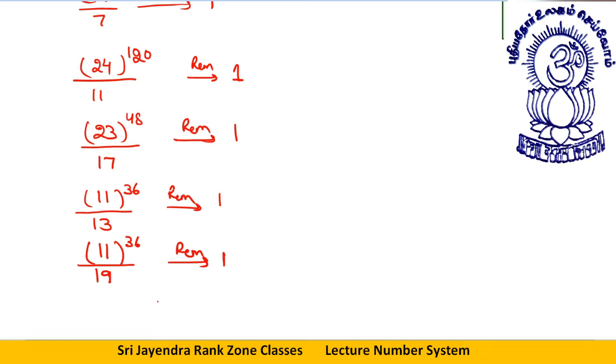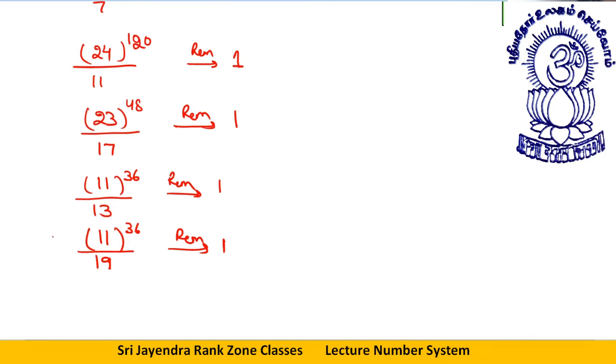So far, I am sure things are clear to everyone. I have explained this concept. Let me take one more example. Suppose I take the number 23, which is prime. 1 less than 23 is 22. You take a power 110. This power 110 is a multiple of 22. You take any number which is not cancelable by 23, that is, not a multiple of 23. 23 into 4 is 92. Suppose I take a number 100.